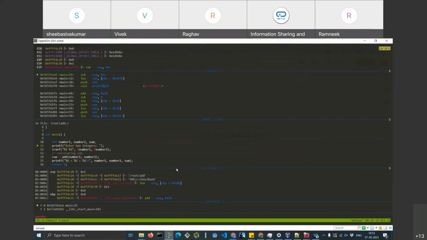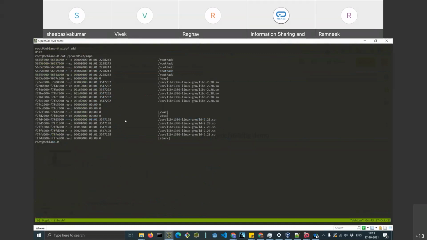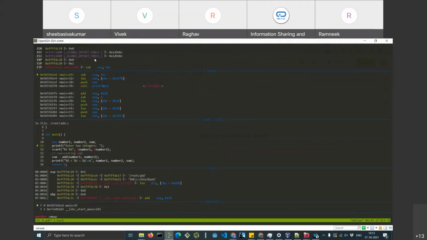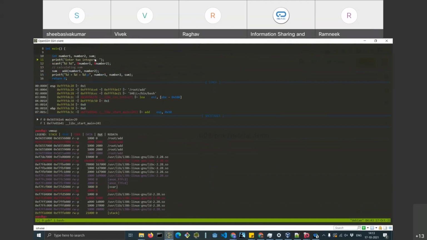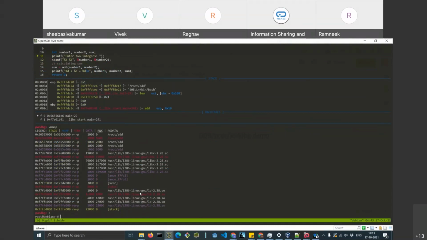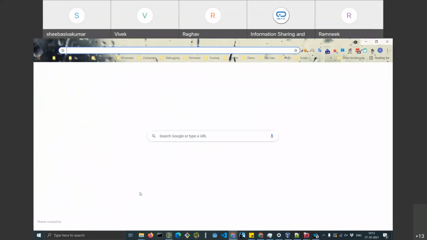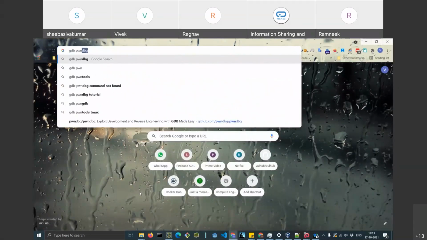We can also see the program memory layout the exact same way we did with cat proc 8572 maps. We can do the same thing here. We can do vmmap, and you will be able to see this program layout is exactly the same that we studied before. The extension that I use for this is called pwndbg.